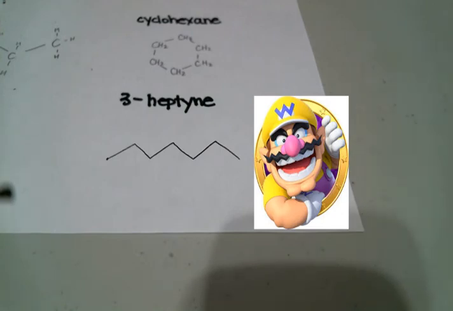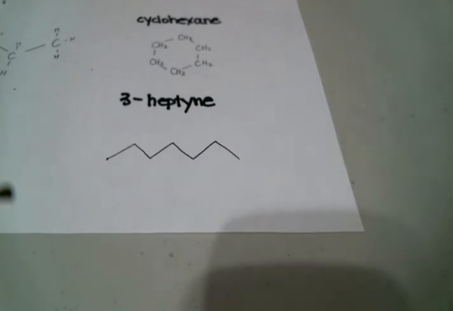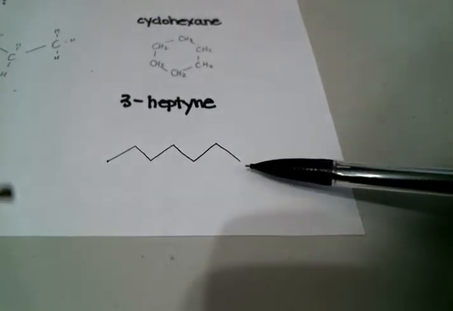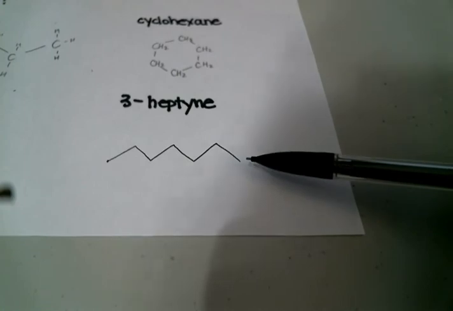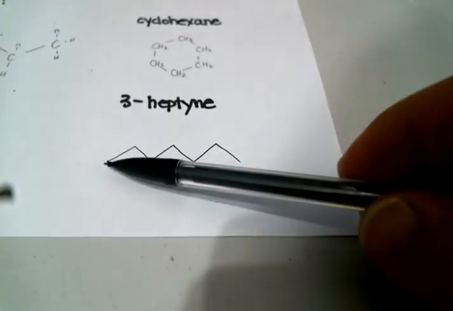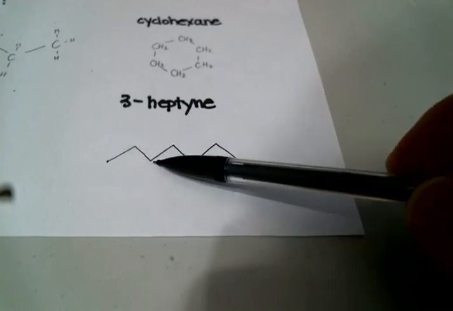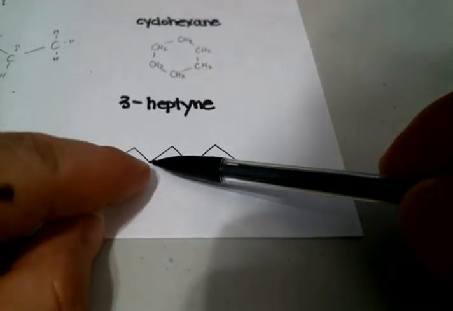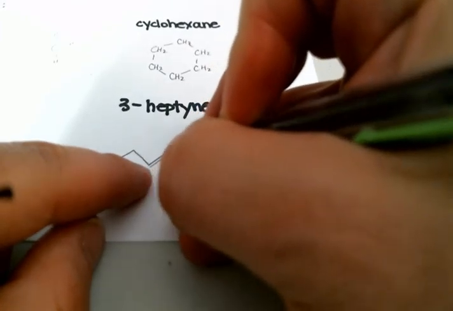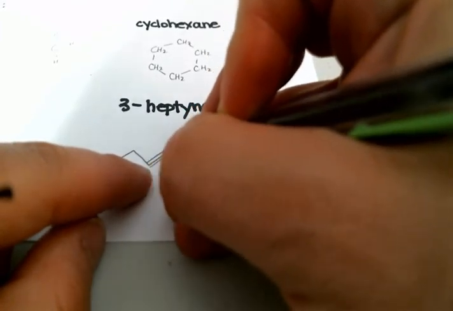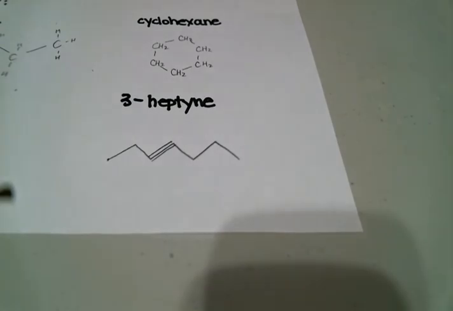Now, it doesn't actually matter which side you make carbon number 1, 2, and 3. As long as it starts from one side and goes in subsequent order, you're all good. I'm just, for simplicity, going to start from the left. So this is carbon 1, this is carbon 2, here's carbon 3. So the bond on carbon 3 to the next one is triple. So you would essentially add 2 more lines to that bond there to indicate that there's a triple bond